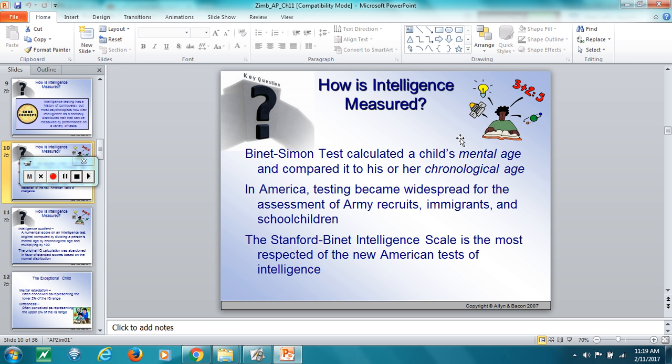We also had a huge wave of immigration, and that in itself probably had a lot to do with this whole idea of trying to gauge intelligence, and some of it could have had sinister aftertones because it was believed that certain immigrants coming from perhaps Eastern Europe or Southern Europe were inferior to those coming from Western Europe or Northern Europe.